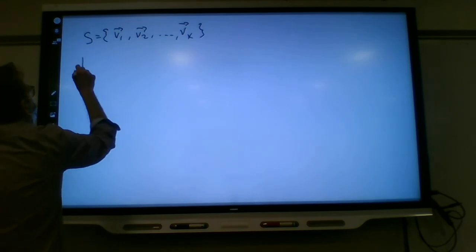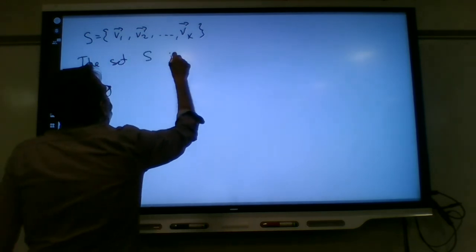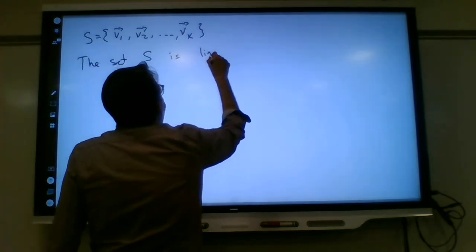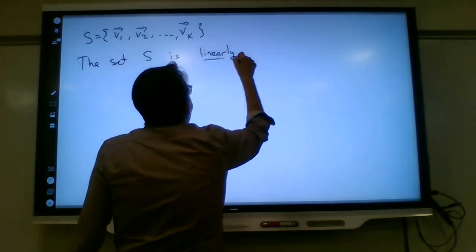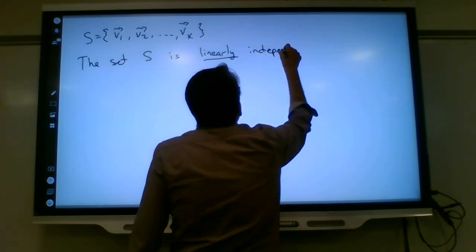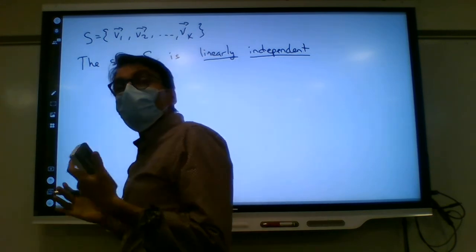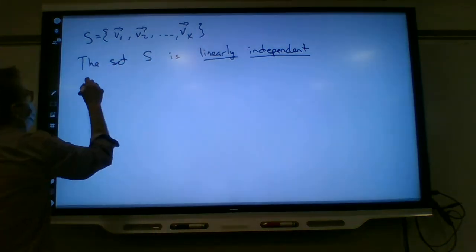And they're all two-dimensional or three-dimensional, or they're all the same dimension in the individual vectors. But there are k of them. The set S is linearly independent if there's no redundancy, which means